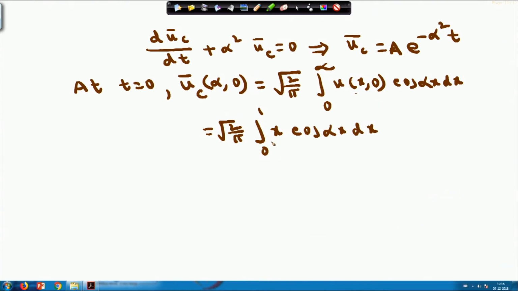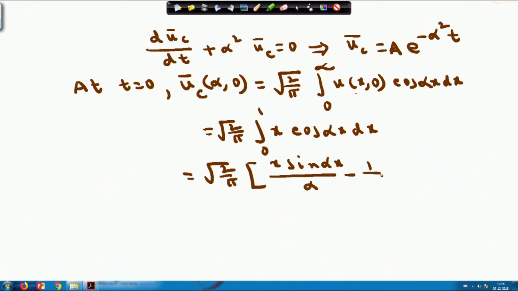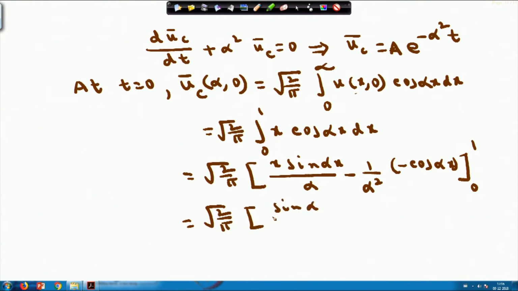So, that you will obtain 0 to 1 this thing. If I evaluate this integral, you will obtain root over 2 by pi x sine of alpha x by alpha minus 1 by alpha square into minus cos of alpha x, 0 to 1. If I evaluate the limits, then ultimately I will obtain sin alpha by alpha plus cos alpha minus 1 by